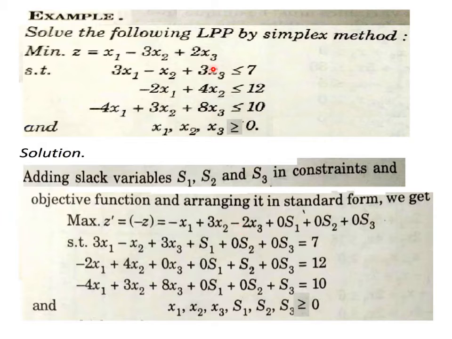Then 3 slack variables s1, s2 and s3, as less than or equal to signs are there, are added on the left hand sides of these 3 constraints at appropriate places. Then as we know, alignment is always required, so 0 s1, 0 s2 and 0 s3 are in the objective function too, and in the non-negative restrictions we have x1, x2, x3, s1, s2, s3 all greater than or equal to 0.